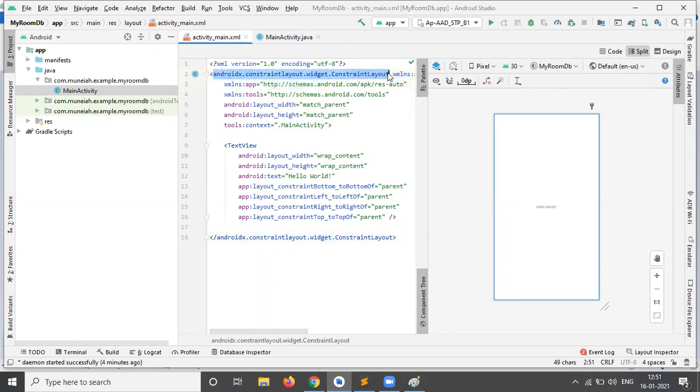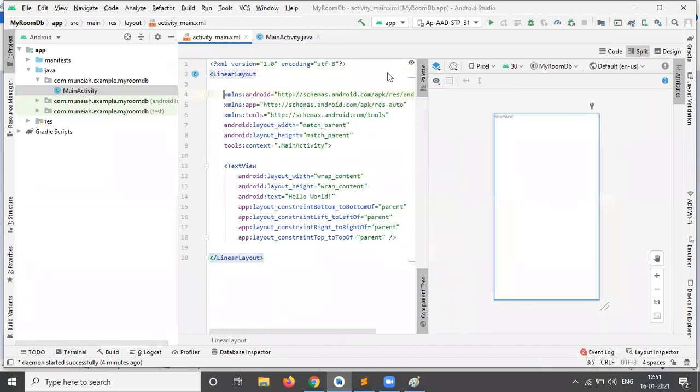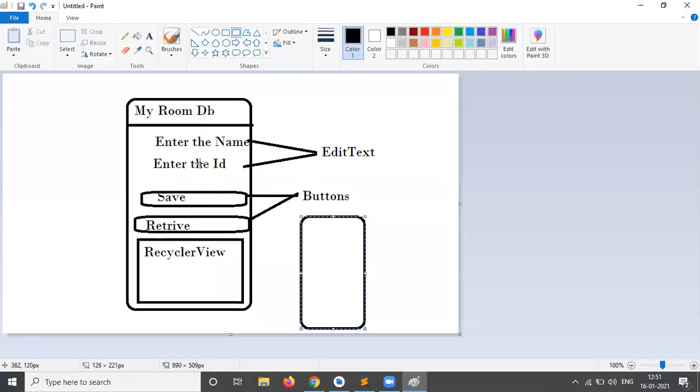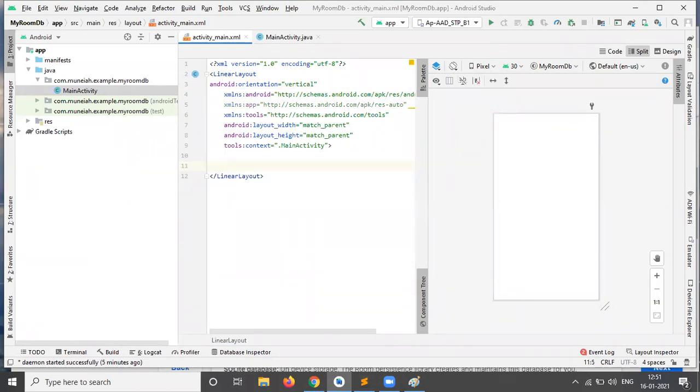I'm taking the orientation as vertical, because all our components are in vertical format. And I don't need the default text view, so I'm simply deleting it. So the first step: we changed the constraint layout to linear layout and set the orientation to vertical.